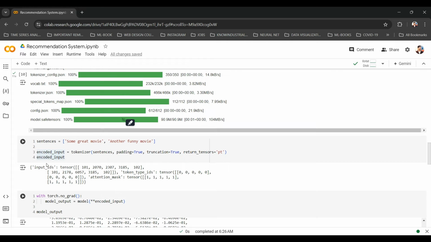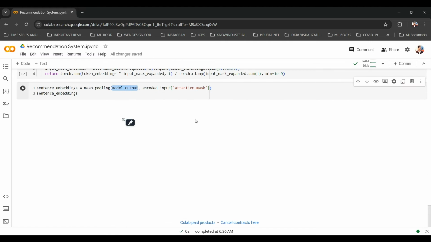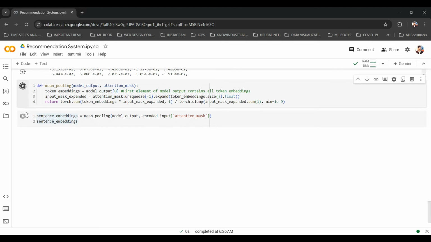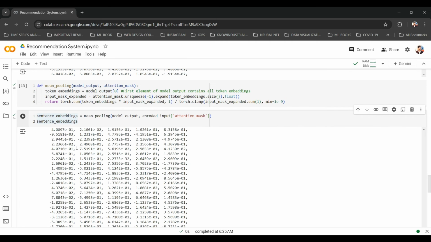Okay, this one. So why do we need the attention mask? Like I mentioned before, it will be having padding, isn't it? If it has padding, that's not a valid token. So for knowing that, we need the attention mask. Only then can we divide it by the total number of valid tokens. So let us run this and see the output. We will run this first and then this.